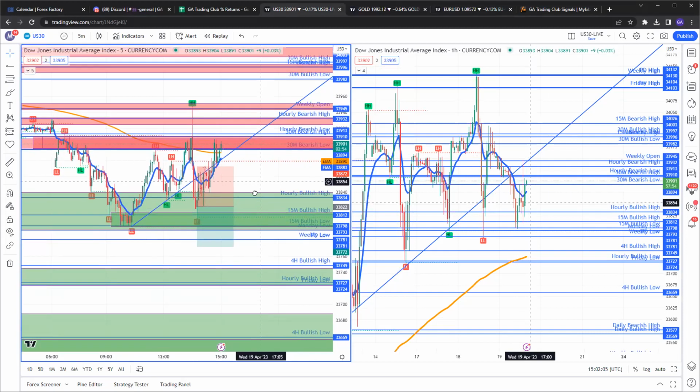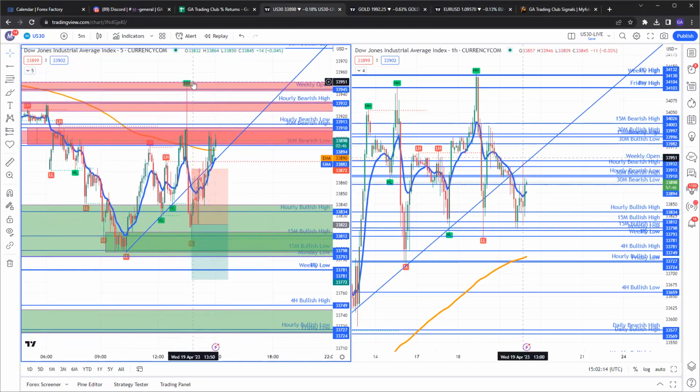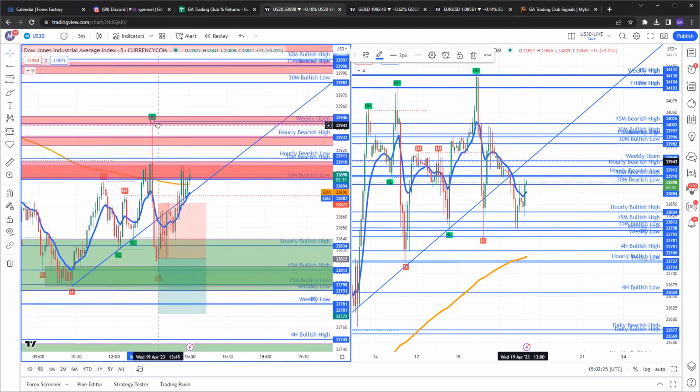That's the issue sometimes when the live session happens: price is just in between supply and demand zones, and we can get faked out back and forth. But for example, here on US 30, if I was looking for a sell, I would see that price is within a supply zone within a supply zone. So what I would do, I would draw this trend line to the upside, which ideally would be